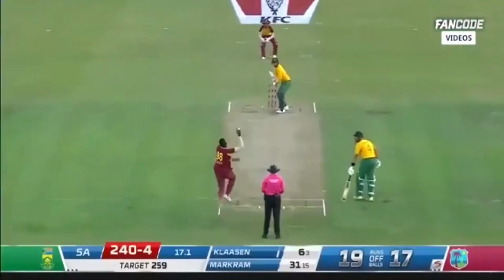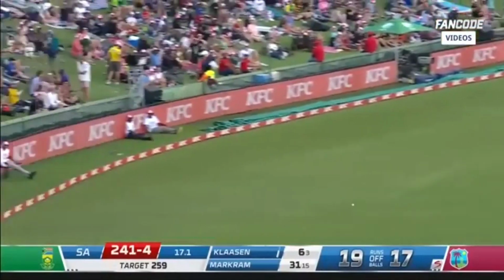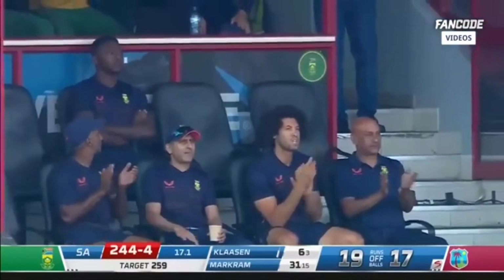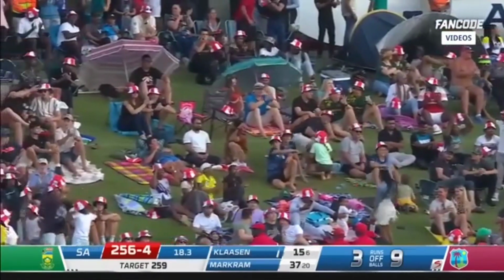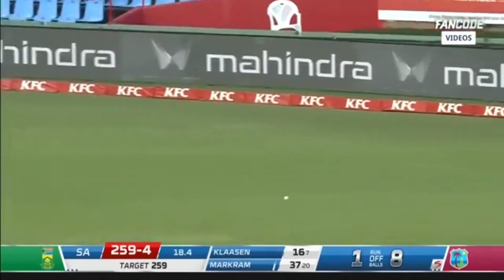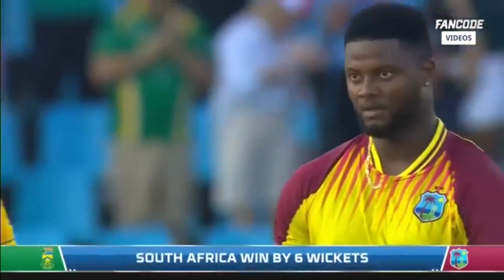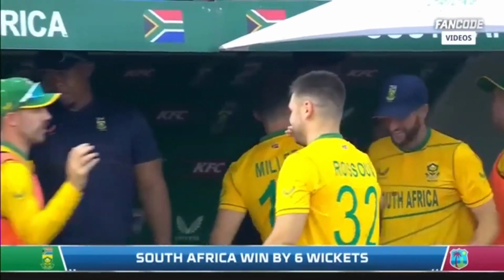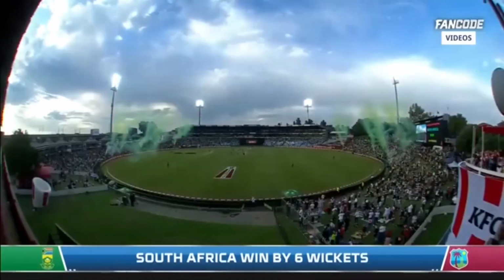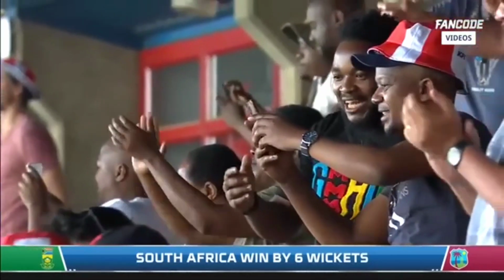The extra cover region. Magnificent again. It continues. 4 made light work of it. Away it goes. A single. A historic one. South Africa win by 6 wickets. And it is a record run chase in all T20 internationals. 200